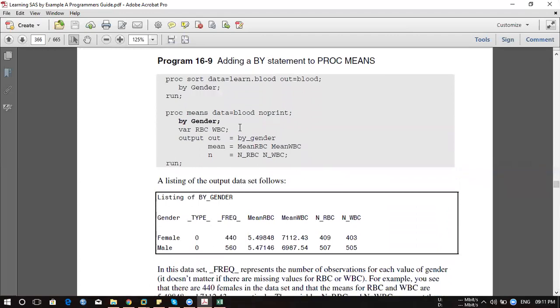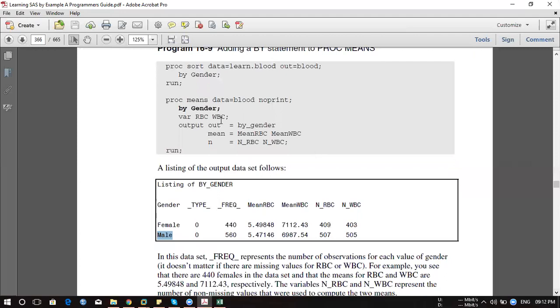Same is happening here. By gender, if you look at the output, correct. So when you say by gender, it will give output based on your two values, male separate and female separate. But if you use class, by gender you won't get mean for all. Correct. This is mean for female for this 440 observations, and this is the mean for all 550 observations.